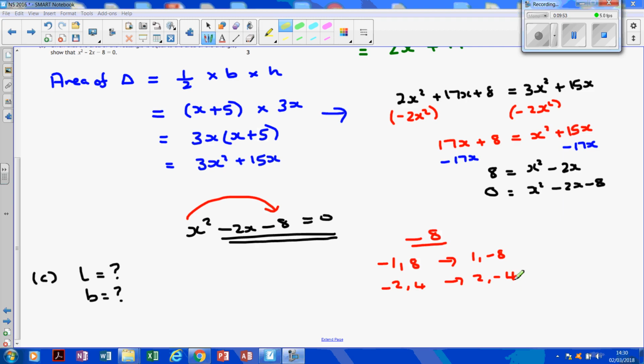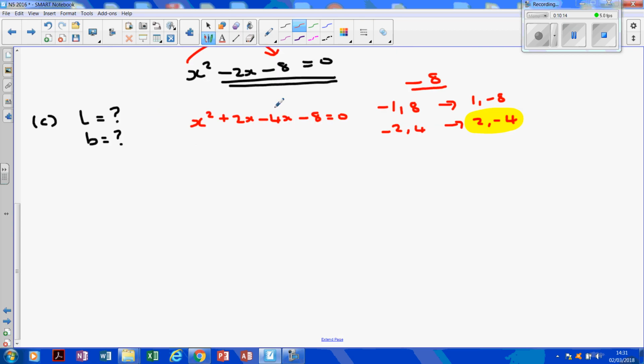Now I'm looking for a middle term of minus 2, so those are the pair of factors that are going to give me minus 2. Now split that middle term, so that minus 2x gets split into plus 2x minus 4x, and I've got a minus 8 stuck at the end. Now, break it right down the middle. Highest common factor is x, it's x bracket x plus 2, and take out a common factor from here, which is minus 4. So it's minus 4, x plus 2. Remember, those brackets should always be identical. So I've got x minus 4 and x plus 2, and that's equal to